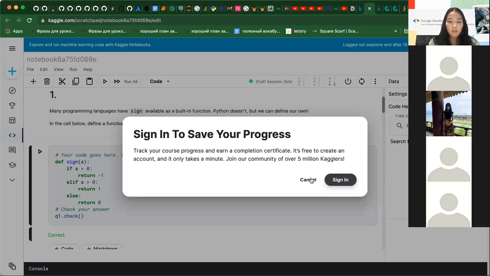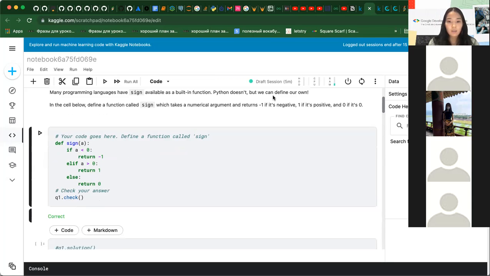So this is correct. We've checked if the value is negative, so less than 0, then we should return something. There is another case that we should evaluate. If the number is positive, then return 1. And if both of these options are not true, then do something else. We return 0. And Lee uses almost the same